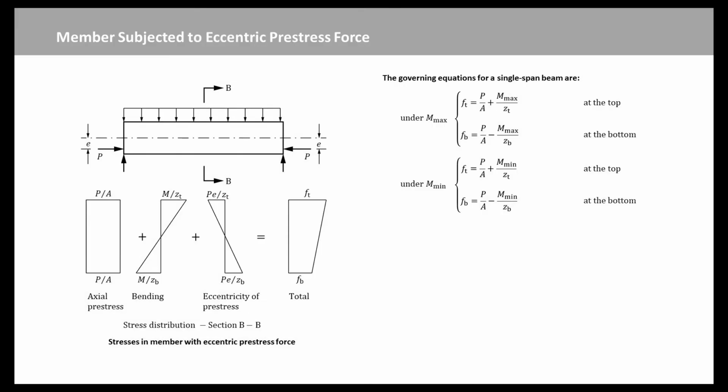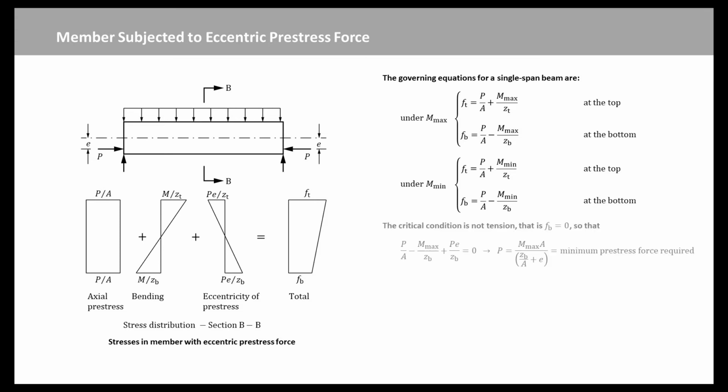Next, we consider a member subject to eccentric pre-stress force. The stress distributions will be similar to those in the previous part, but with the addition of the term plus or minus P times E over Z due to the eccentricity E of the pre-stressing force. For the position shown in this figure, E will have a positive value, so that we have these equations. Note that as the pre-stressing force lies below the neutral axis, it has the effect of causing hogging moments in